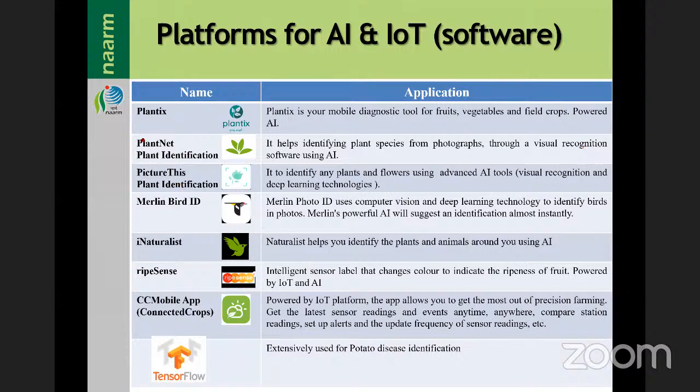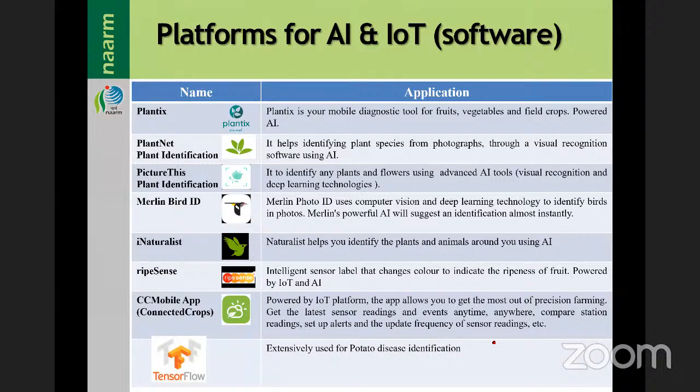And PlantNet, plant identification net, identifies pictures. Merlin Bird ID uses computer vision, deep learning. iNaturalist. AI and IoT they are using, mobile apps, connected graphs. TensorFlow is another tool used for plant disease identification.